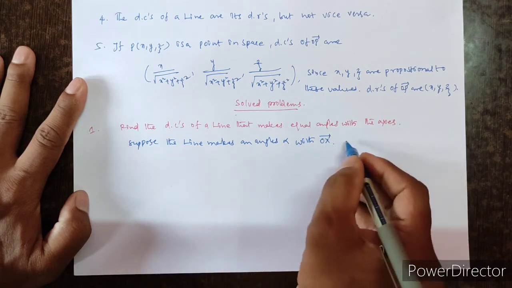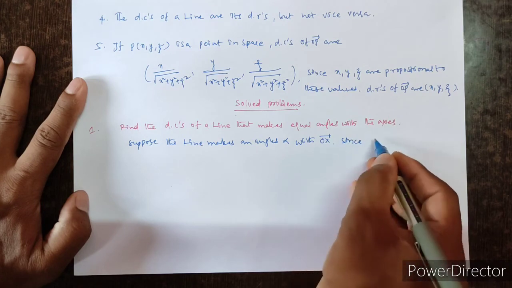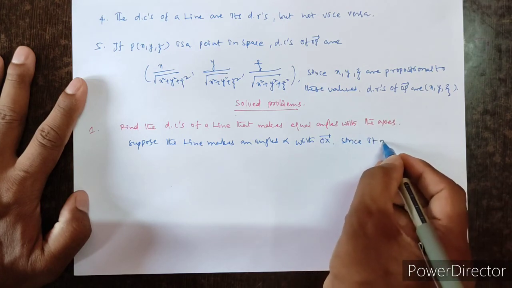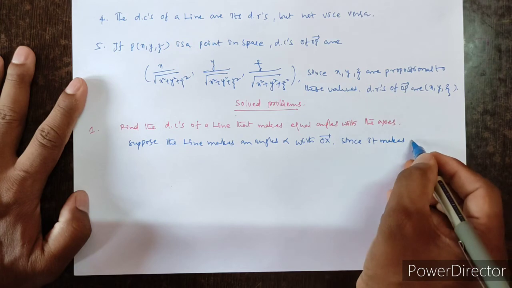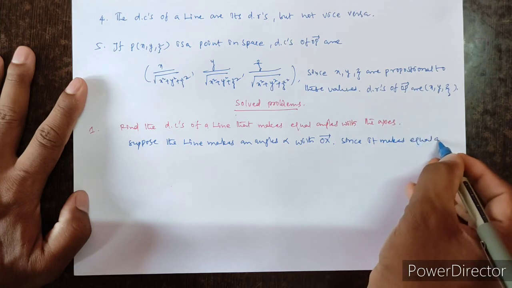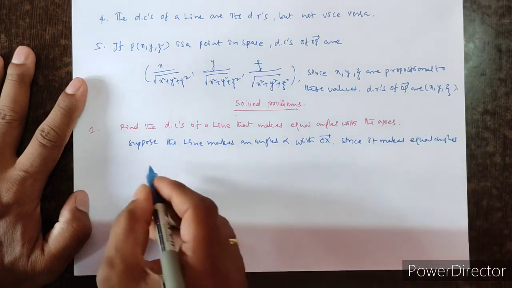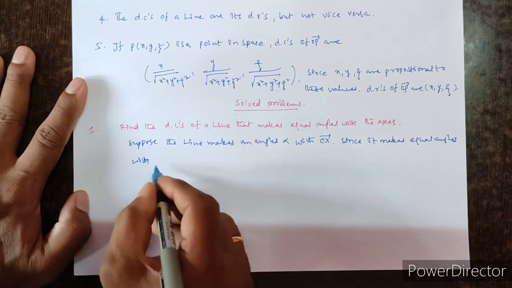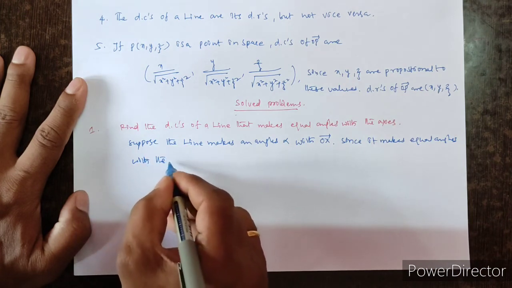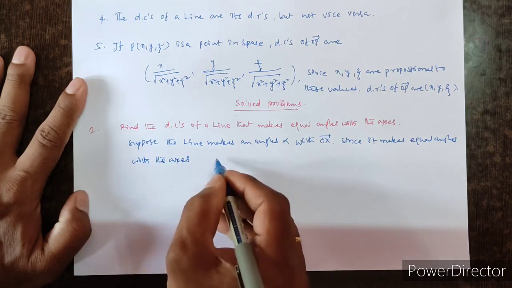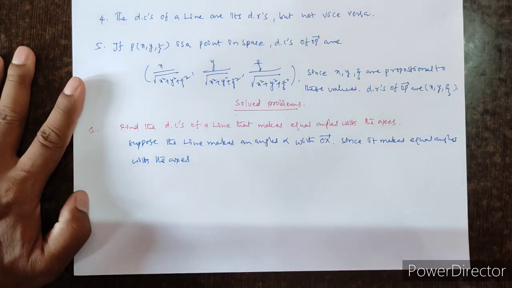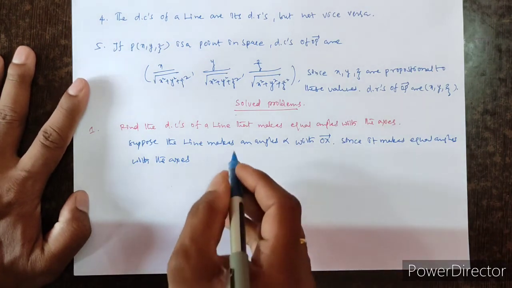Since it makes equal angles with the remaining axes, that is the y axis and z axis,